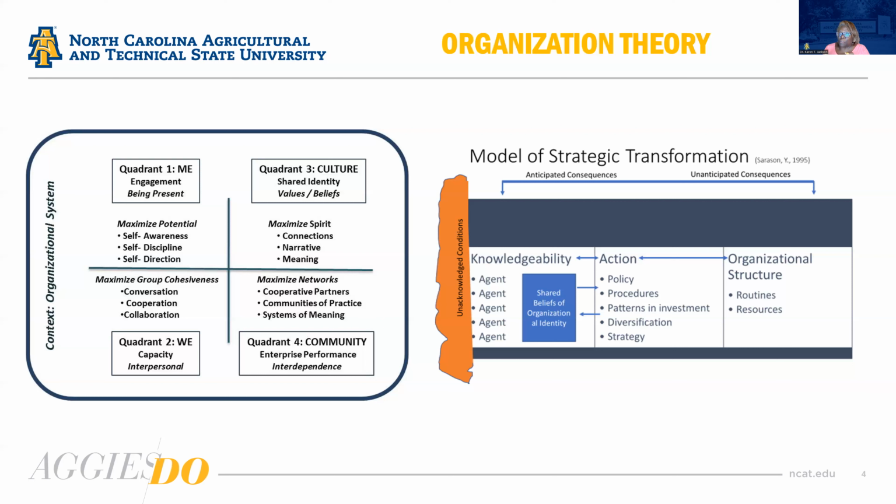And then you've got three blocks down here. There's your organizational structure. There's any actions that take place using any of the organizational structures, which are policies and resources and routines. And then you've got what knowledge gets shared with what agents, right? As a result of the actions. And as you'll see, the knowledgeability and the actions go back and forth. The actions to the organizational structure goes back and forth, right? So all of these things are working together in an organization.